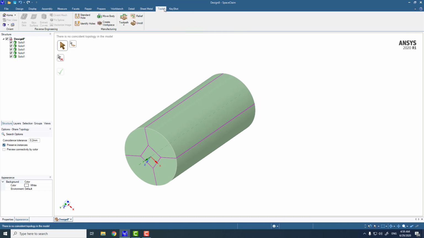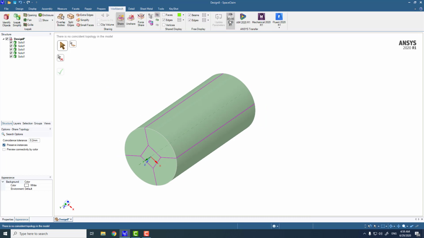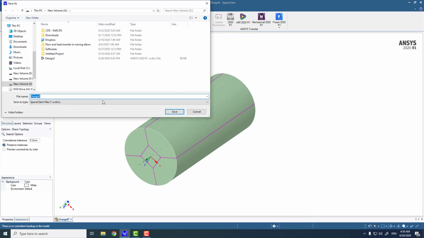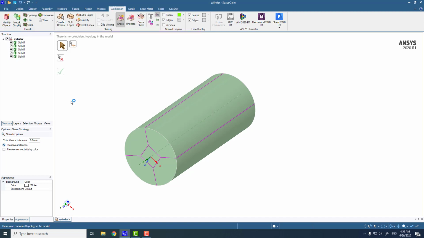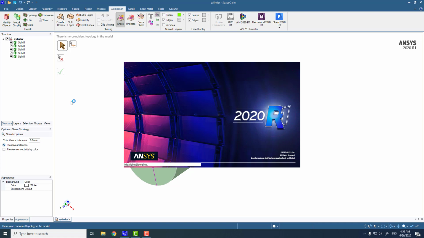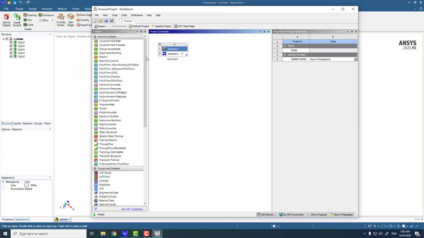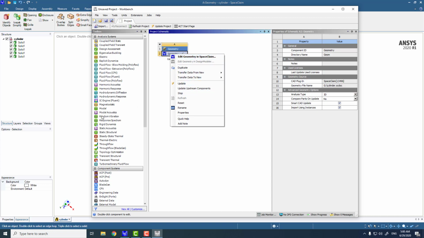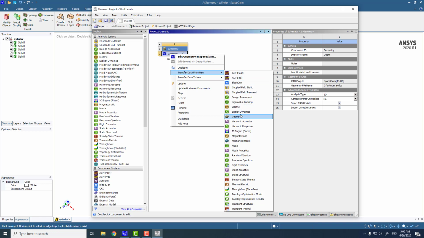So let's say from Workbench, I can click on Workbench 2020, and this will ask me to save the file with, let's say, the name Slender, and this will also open the Workbench and load the geometry. Okay, so the geometry has been loaded. Right click here and transfer into a new module, so this can be the meshing.